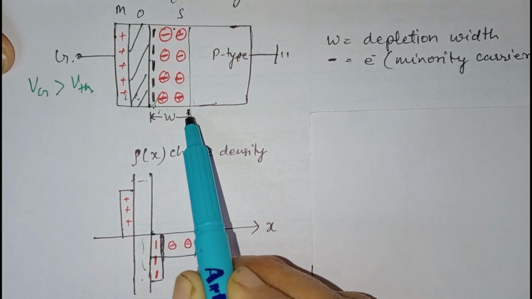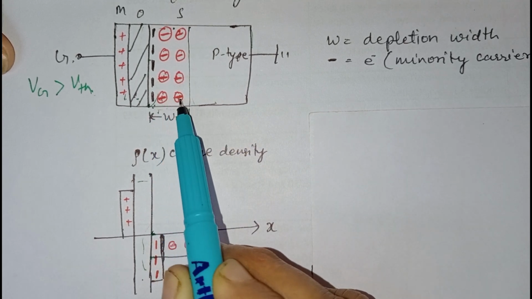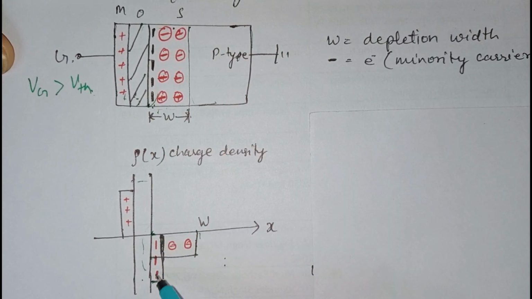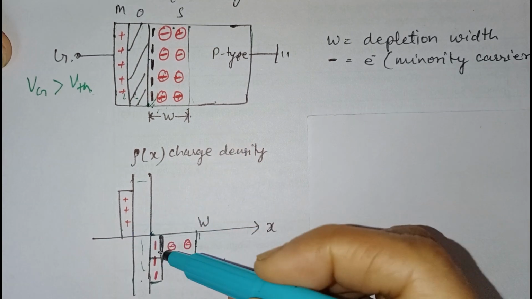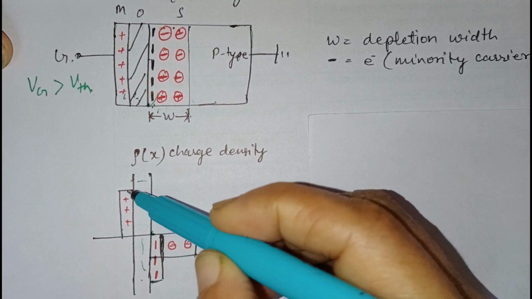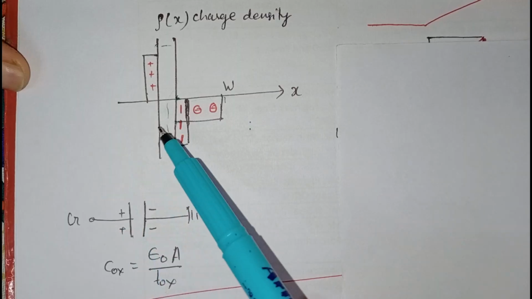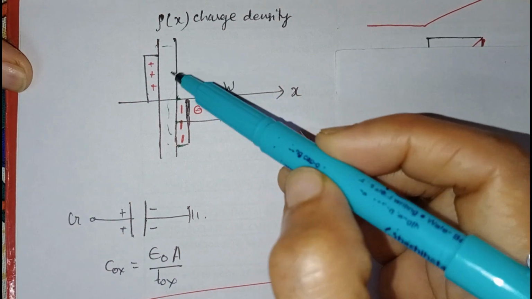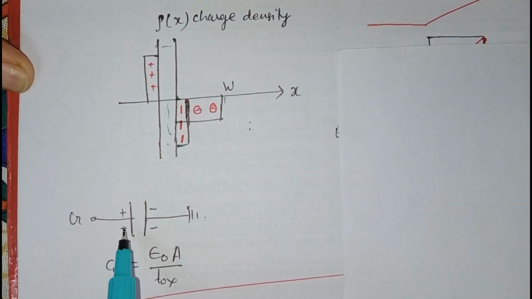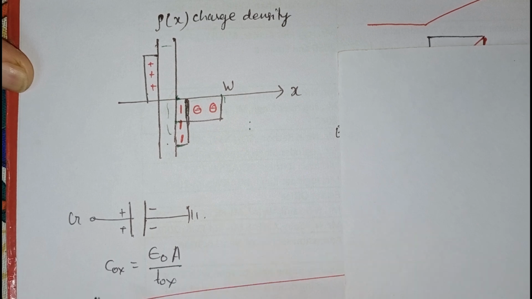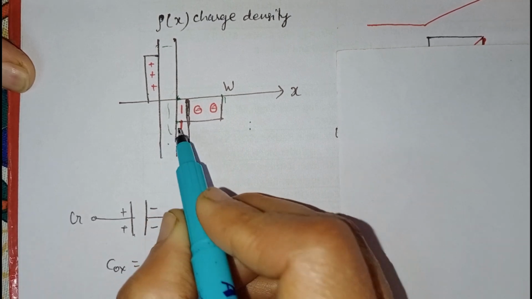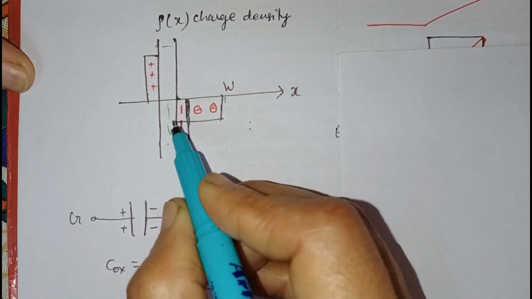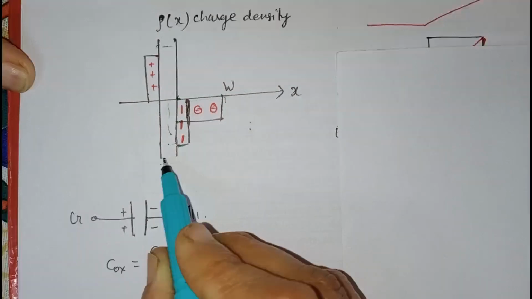And this W from here to here shows the width of the depletion layer, meaning these immobile acceptor ions, and these electrons are shown by this box, negative charges. Now these electrons are the counter charges for these positive charges. So the capacitor formed by the inversion layer will be like a conventional capacitor formed by this oxide layer. So the capacitor in this case will be shown by this diagram. The capacitor is due to this oxide layer. This is given by COX equals epsilon naught times area, this is the overlapping area, upon the thickness of this oxide layer.